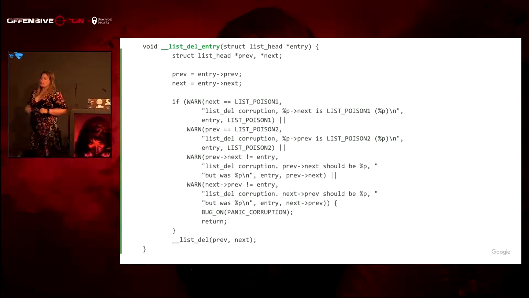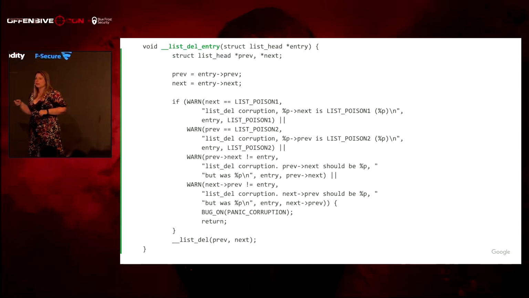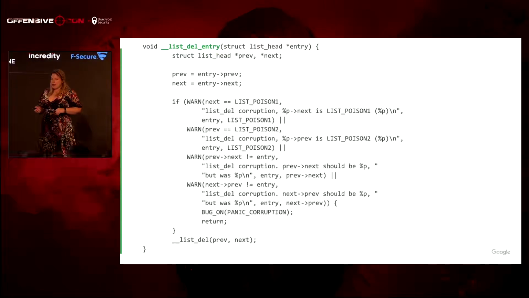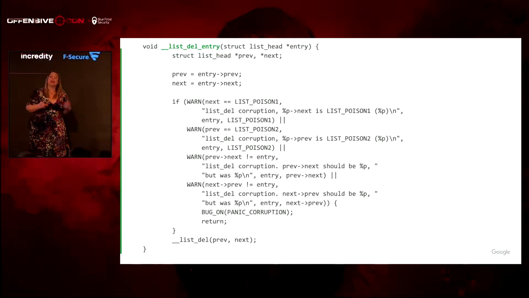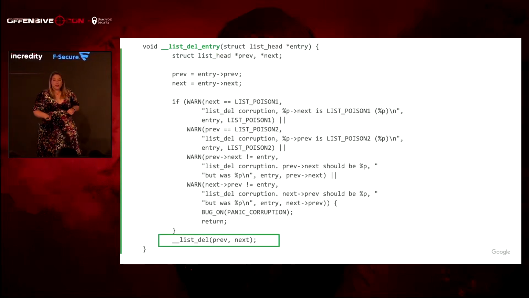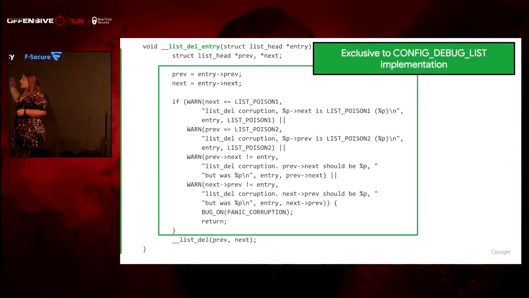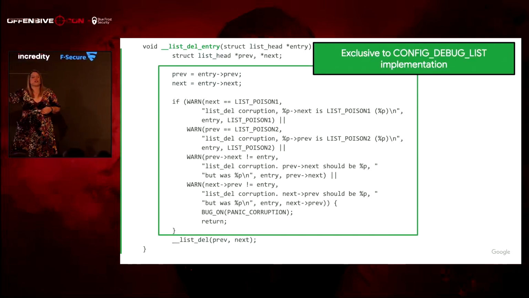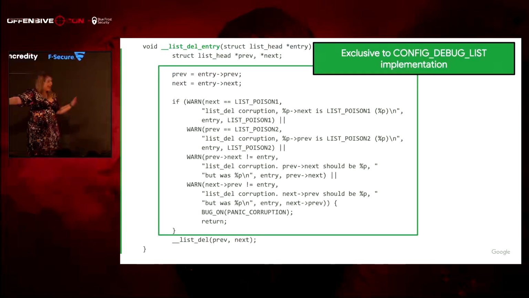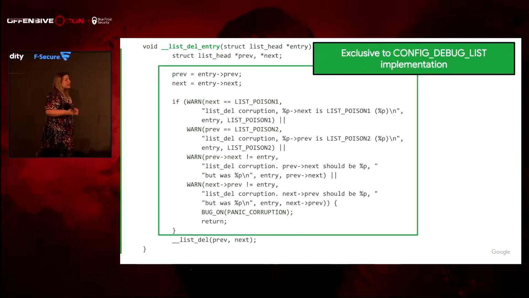And so here's an example of what list_del entry looks like. If CONFIG_DEBUG_LIST is not enabled, then you actually only call list_del. It never calls this list_del entry. However, when CONFIG_DEBUG_LIST is enabled, we have all of these extra checks enabled, which can end up with